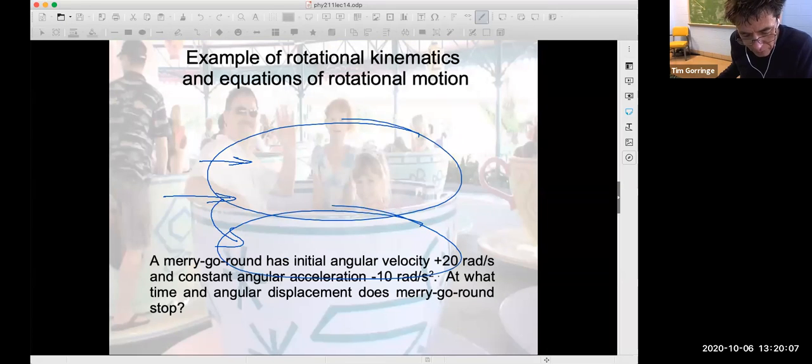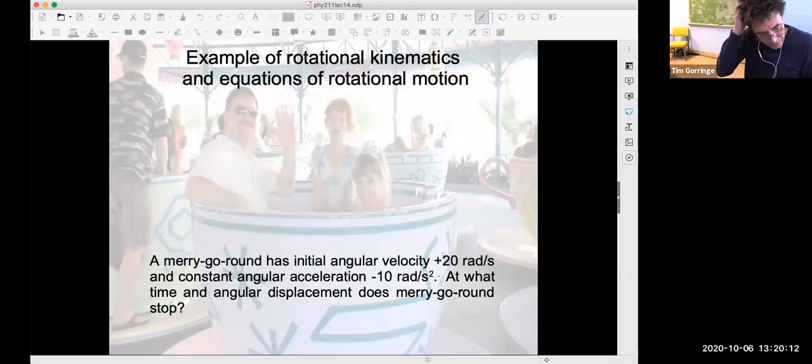Let's do an example problem. Okay, so here we are at Disneyland. I have actually been on this ride, and it was one of the most traumatic experiences in my life. It looked like an innocent ride, but there was something about the combination of the rotating merry-go-round and the rotating teacup that was actually very traumatic for me. And I remember being extremely pleased that I was getting off it. But anyway,